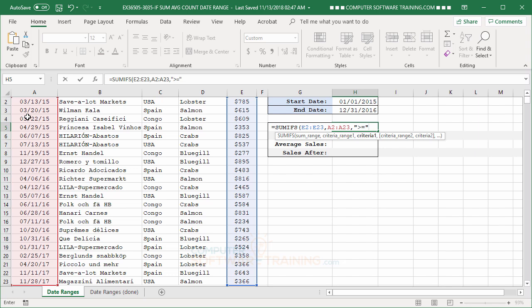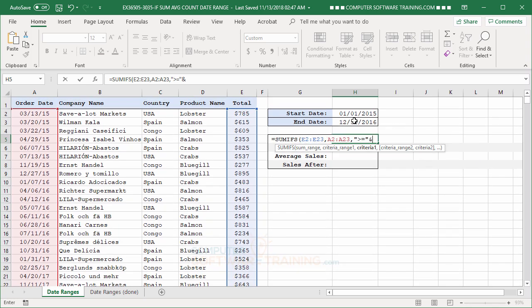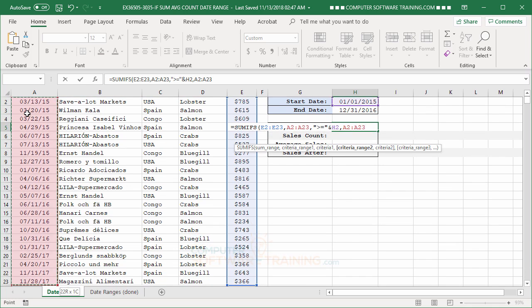And then what we're going to do, and this is where it gets a little weird here, we're going to put that ampersand in, and then we're going to click on H2, because that's where we're starting from. So it has to be greater than that date. And then we'll do a comma, and then we'll select that range again. So we'll go to here, Control Shift down arrow,